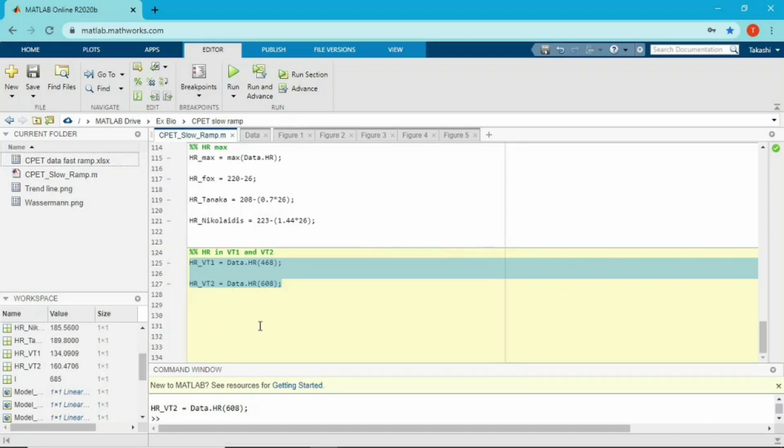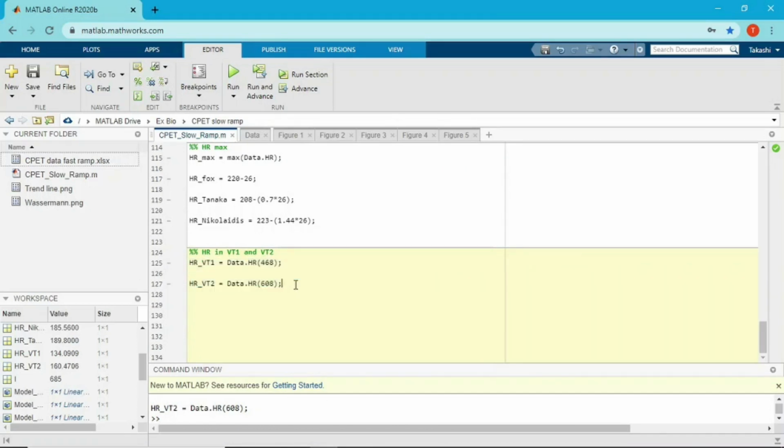But again, this is a fast ramp test, so probably there's a delay between your metabolism and workload intensity increment. Obviously workload increases faster than my metabolism, and sometimes metabolism cannot catch up with the increment of work rate. So maybe the data is a little bit overestimated, so that's a concern.